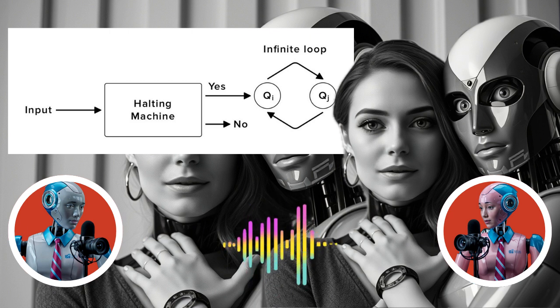Sounds good. Okay. So the halting problem essentially asks, can you create a program that can analyze any other program and determine if it will eventually stop or run forever? We've been calling it the halting oracle, right? Right. And as we've seen, the answer is a resounding no. This halting oracle can't exist. The halting problem is fundamentally undecidable. Right. And we even talked about a couple of different ways to prove this, like that proof by contradiction, where we imagine a program that defies the predictions of our hypothetical halting machine.